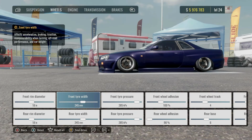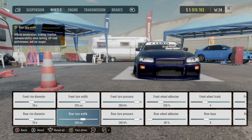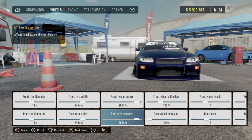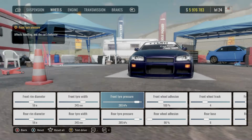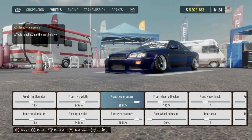Anyway, front tire width, we have 245 millimeters on the front and also the rear. So exactly the same sort of tire on the front and back. Front tire pressure, we have 285 kPa on the front, and on the rear exactly the same, 285 kPa. Obviously, you want that front and rear tire pressure to be quite high, so that way when we go into a drift, it is nice and slippery, man, obviously, to make the car even slower than what we want it